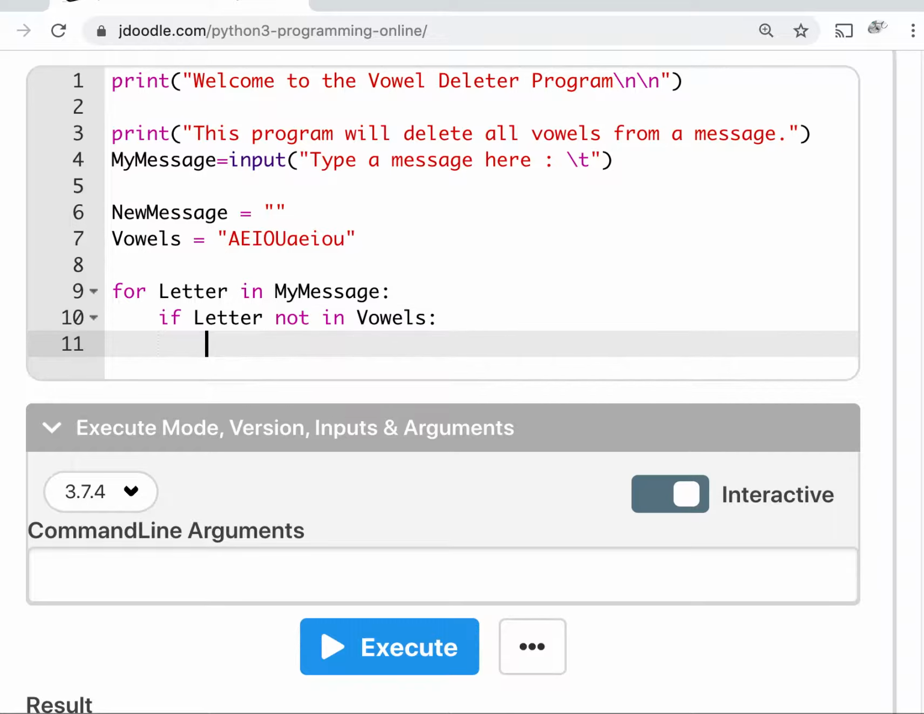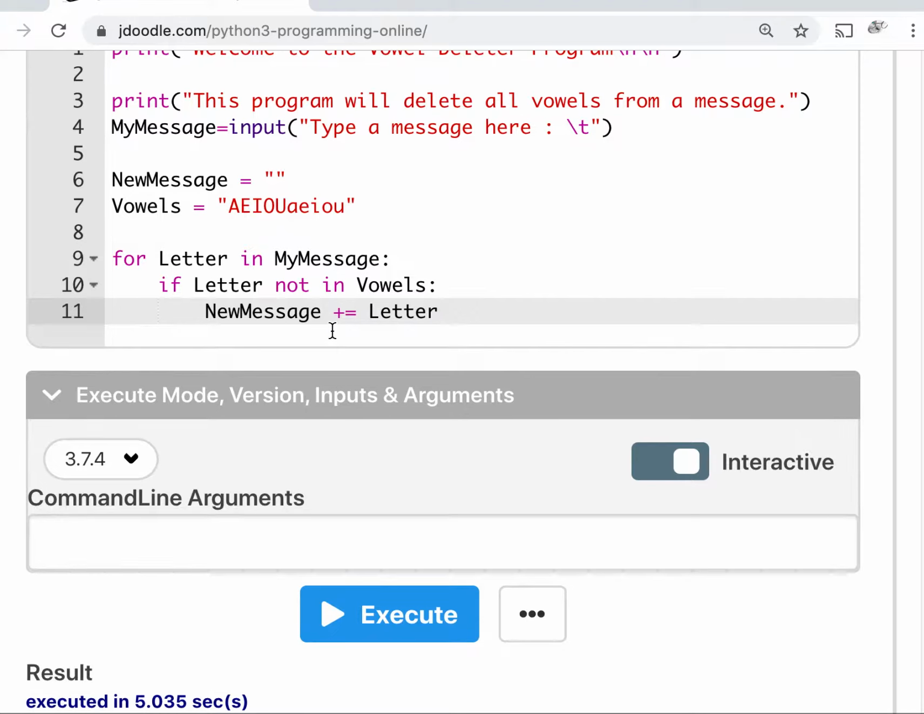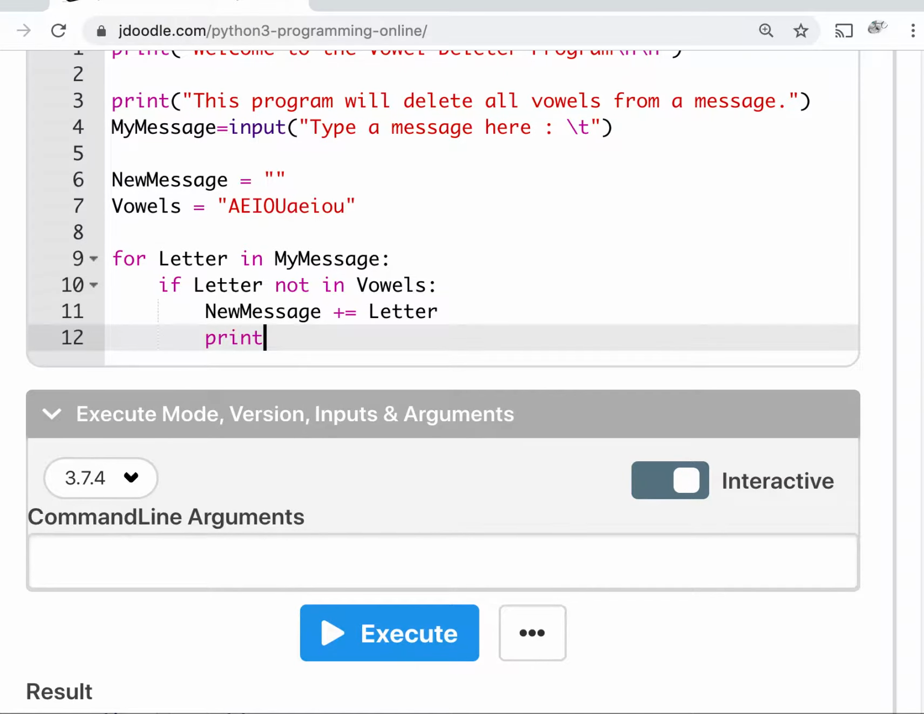We're going to do this a little bit differently. Because you notice, we still have this new message. I want to just add to this new message over and over time. So new message is going to equal itself plus the letter. Then, of course, I'll print out something like, here, our new message is,